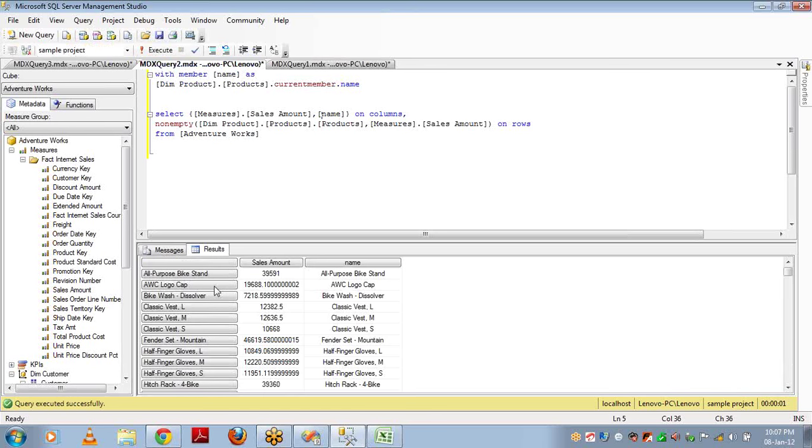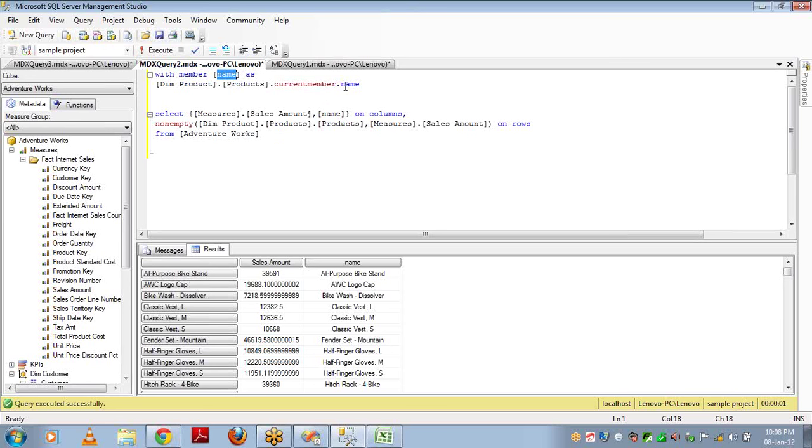so you can see the current member while executing. See, the calculated measure executes while the query is executing. It is not pre-compiled or pre-calculated. It calculates when the query is executing. So row level, each and every row. When this row is executing, the Dim Product current member .Name I want to show as part of this name calculated measure, and that's why it is taking this value.